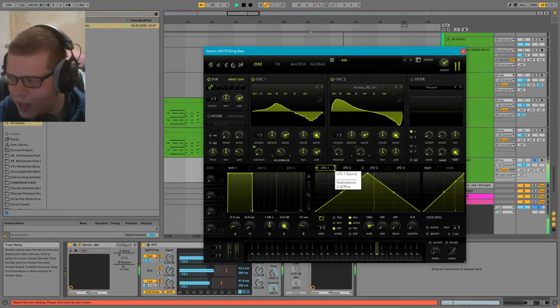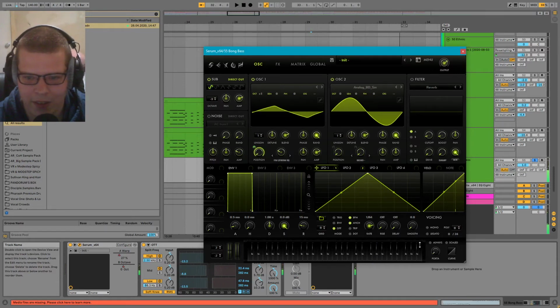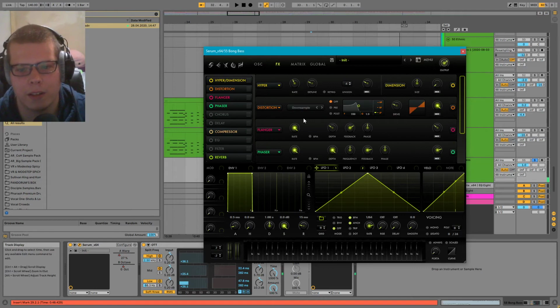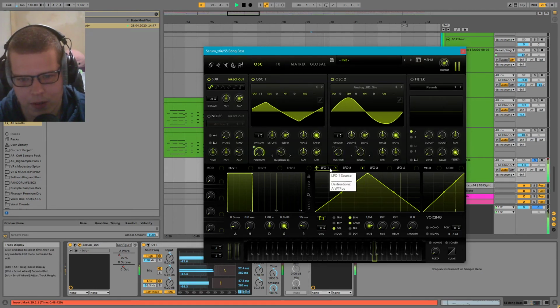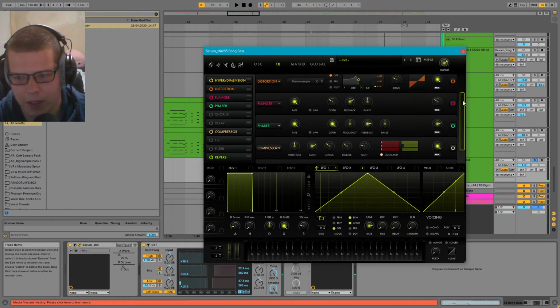That's how it sounds without it. So that LFO is pretty much adding tonality to the sound. Well, not necessarily tonality, but quite a bit of texture.